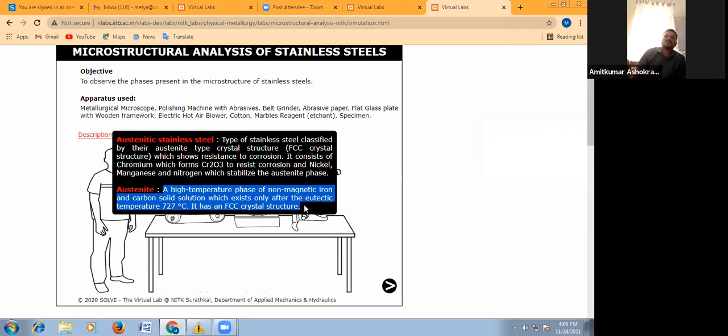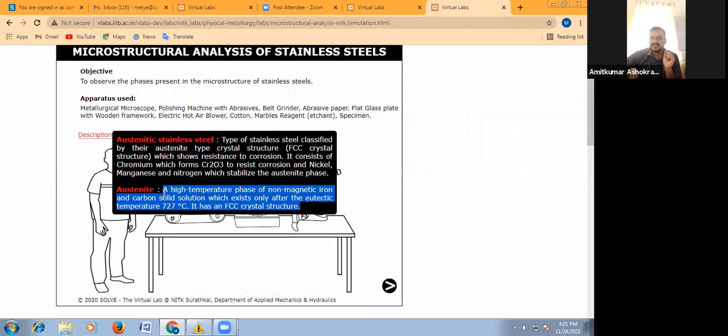Austenite is an interstitial solid solution of carbon with iron at higher temperature ranges with FCC crystal structure. It will exist above 727 degrees Celsius, and it is non-magnetic in nature.